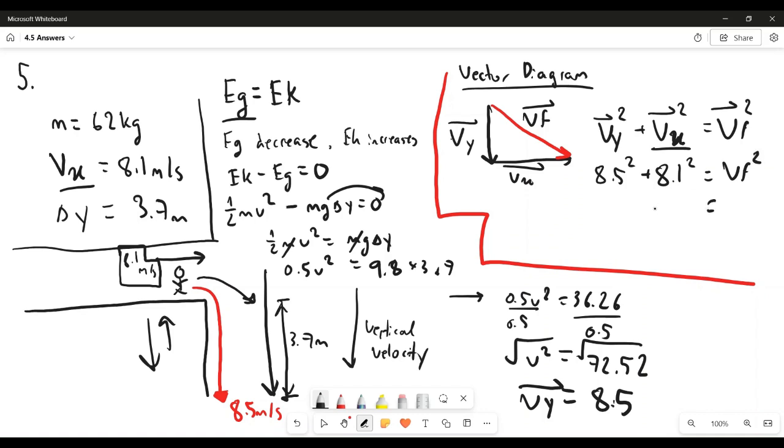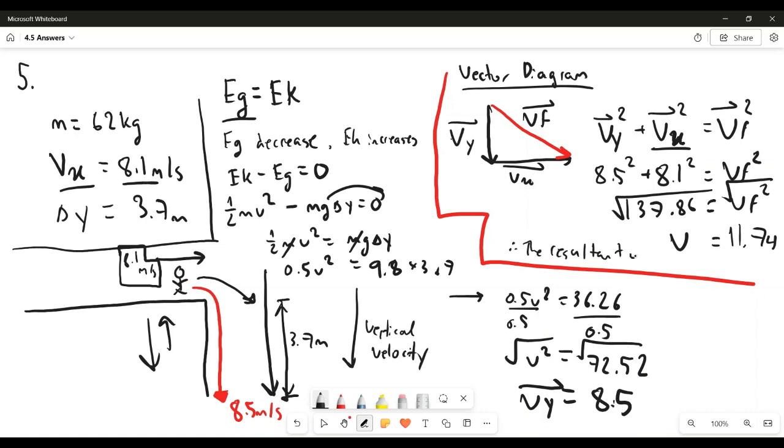We're going to have 8.5 squared plus 8.1 squared, 137.86 final velocity squared, and then root both sides. That gives you a velocity of 11.74. And we round to two significant digits. Therefore, the resultant velocity is 12 meters per second. So that is how we solve a question like